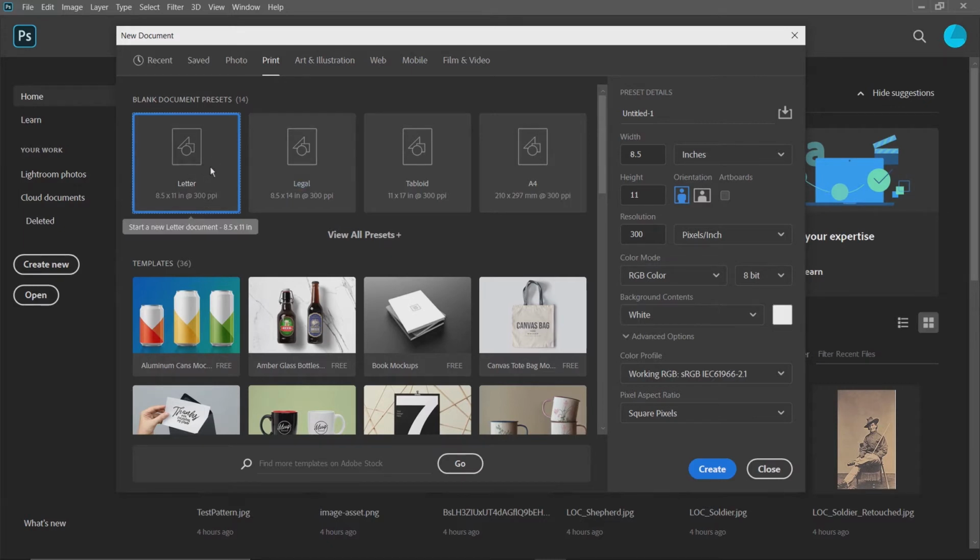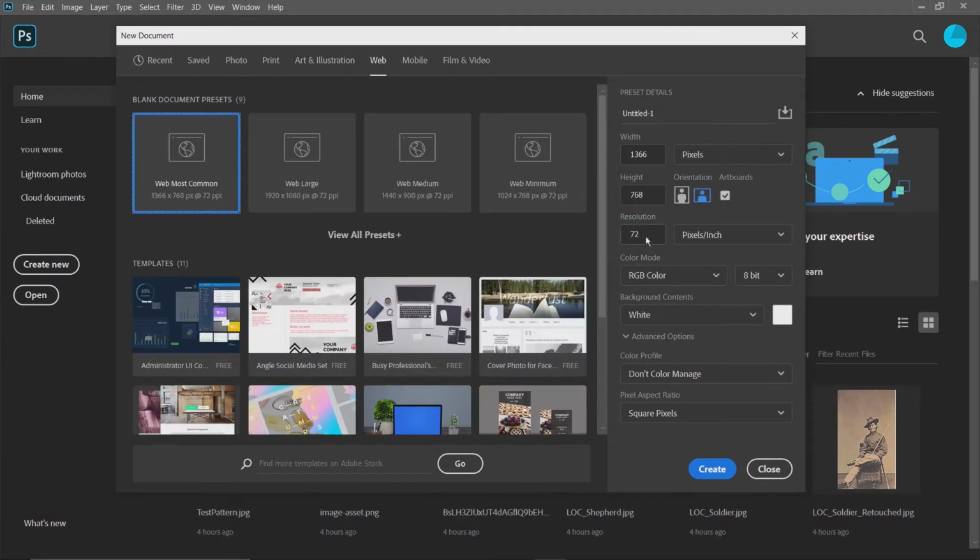So I'm going to choose Letter, 8.5 by 11. You can see over here it shows the width is 8.5, the height is 11, and the resolution is 300 ppi. Now this is about what a good photo would be. For screen use, or what you would use for, say, web, you'll see it changes over here to 72, because a monitor will never be able to show you as good of an image as an